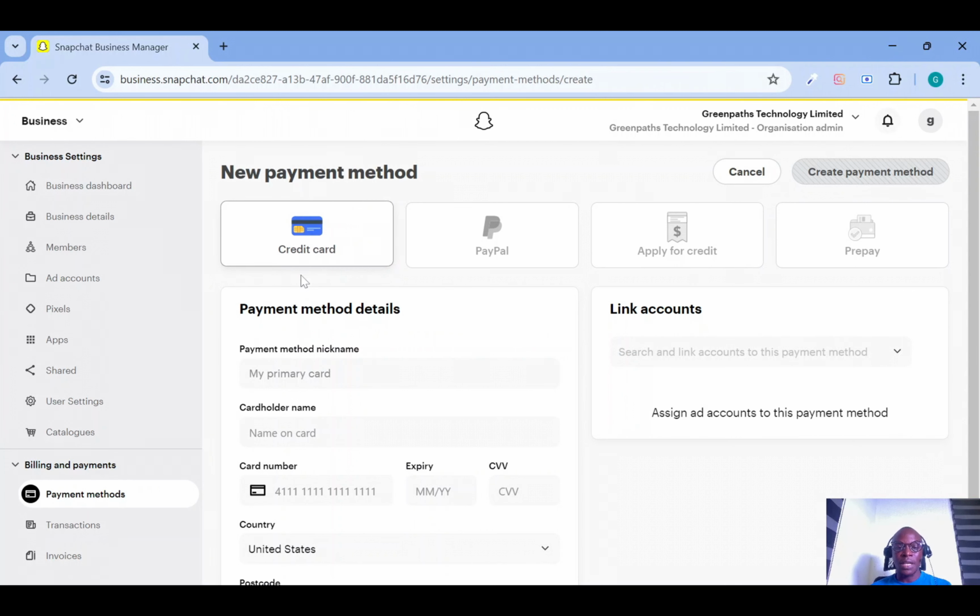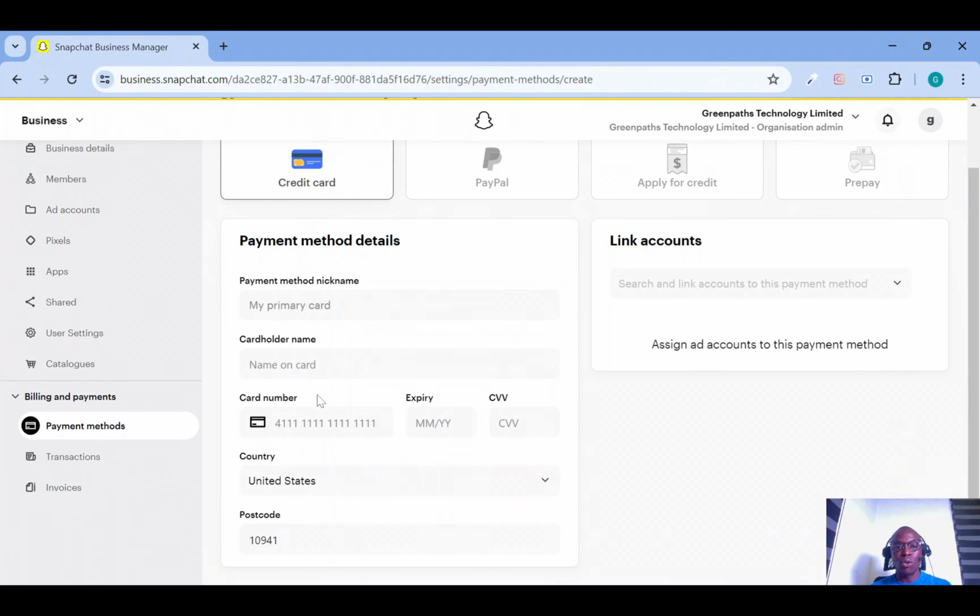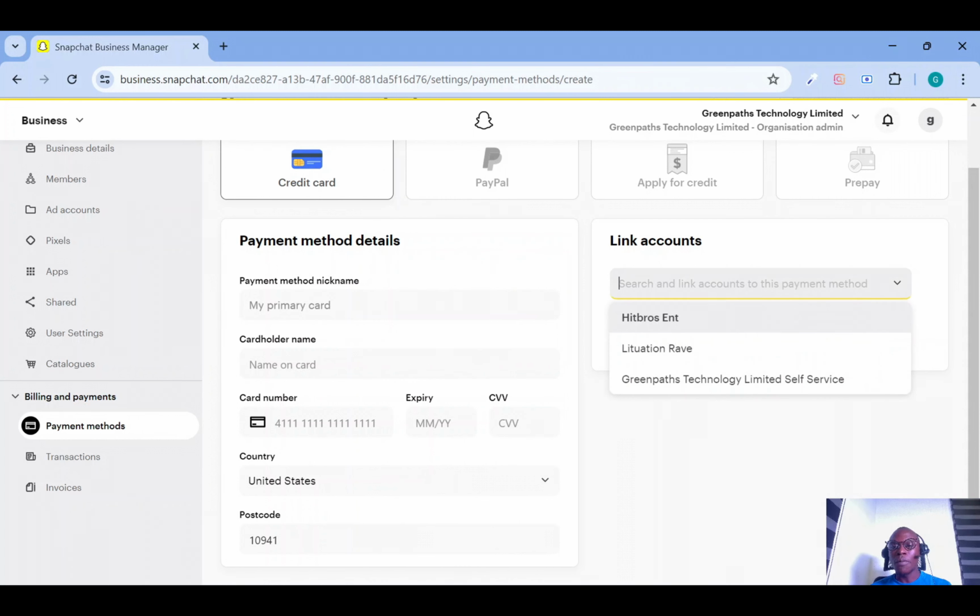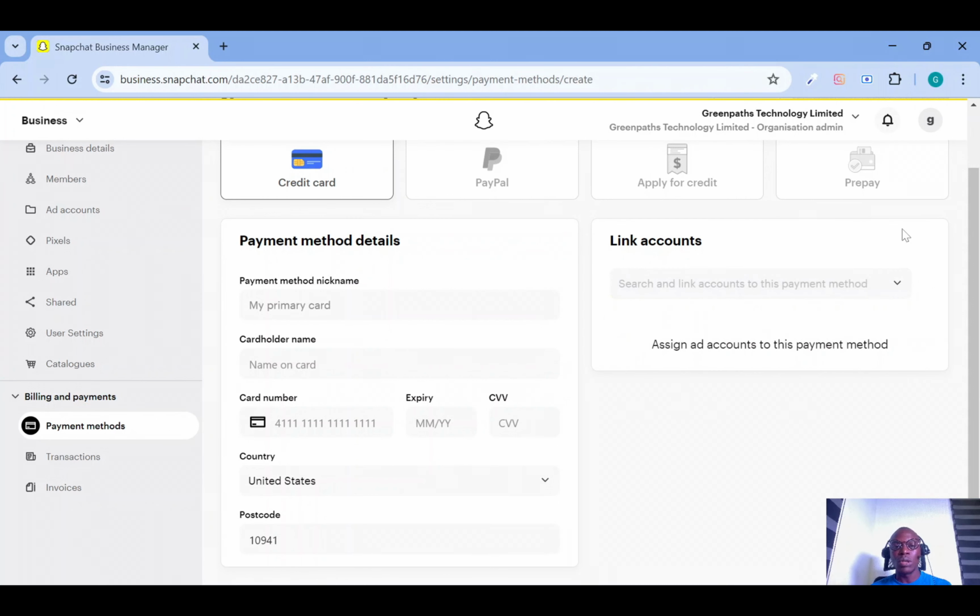The first is credit card. With this, it's as simple as entering your name, the name of the primary card, the cardholder's name, the card number, expiry date, CVV, country, and postcode. By doing this, you are good to run ads. However, if you want to link it to accounts, say you have multiple ad accounts, you can come here and select the ad account you want to link this